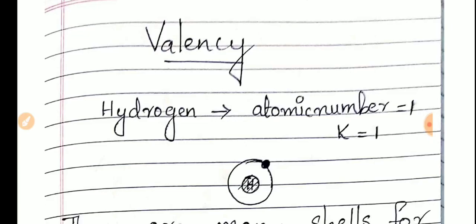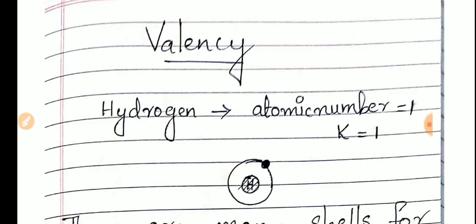What was the significance of the symbol? In page number 3 it is written, the significance of symbol. A symbol, for example H, what does that H represent? It will always represent the name of the element. H will represent hydrogen, and when we look at that letter we can say it is one atom of an element. If only one H is represented, it shows the name of the element, the atom of the element, and its mass also.